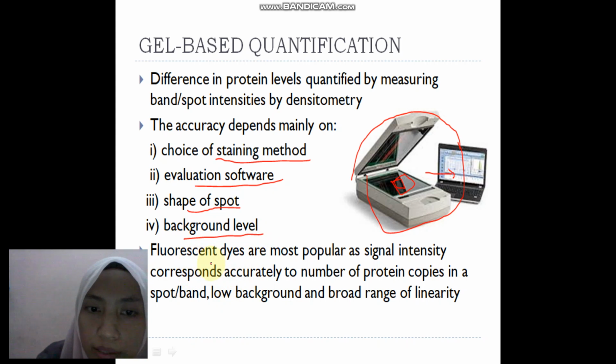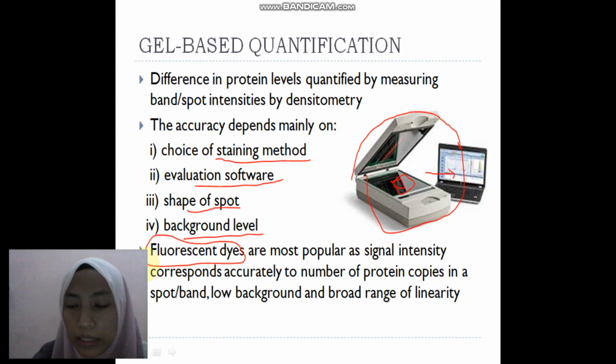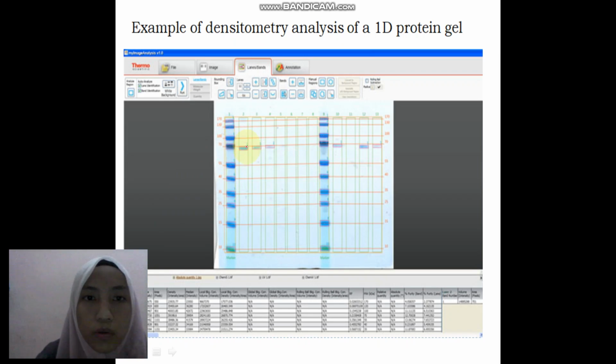So in this case, fluorescent dyes are the most popular since signal intensity corresponds accurately to the number of protein copies in the spot or band. Okay, most of the time we always use fluorescent dyes. It's really precious. So in this figure,